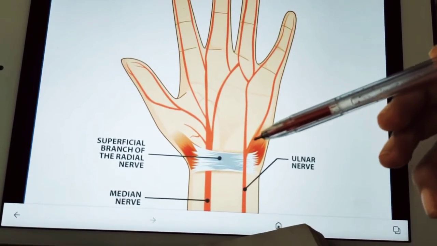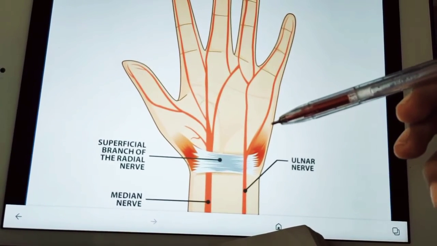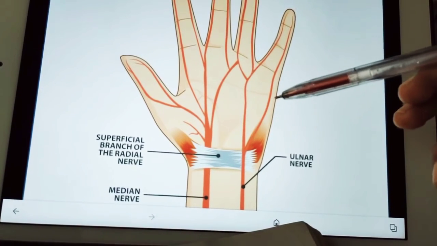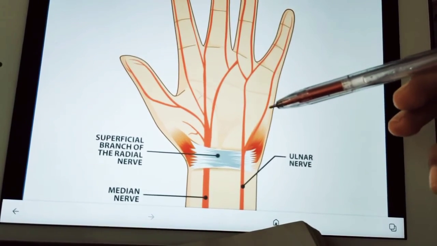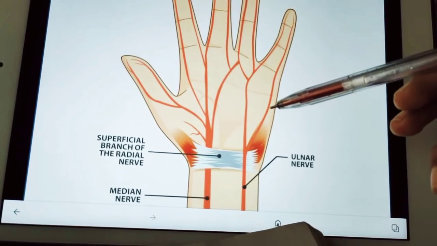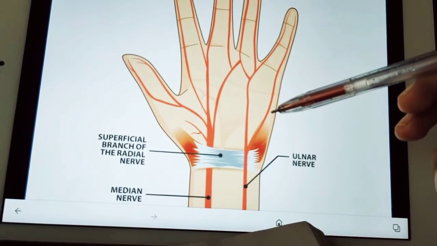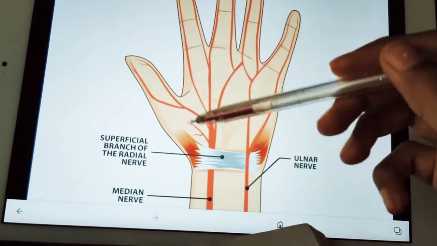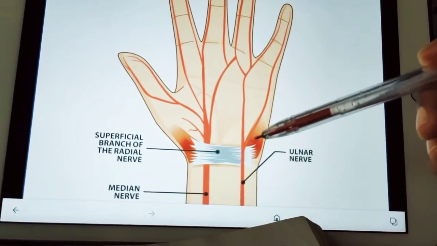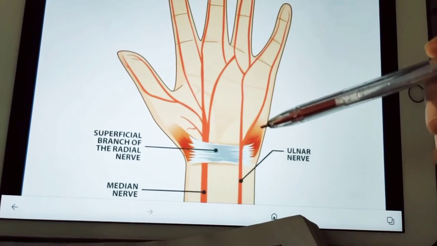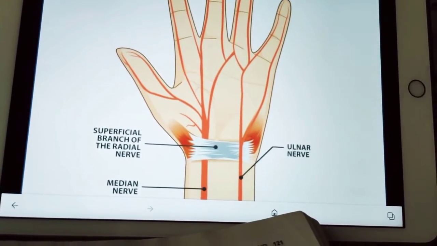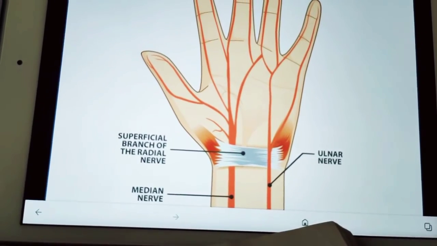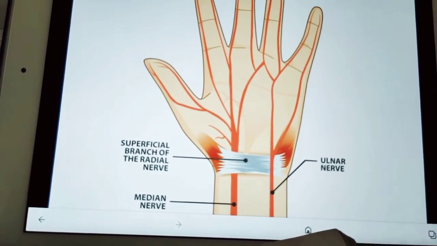So why is this deep branch in the hypothenar eminence? Because it wants to lie in the concavity of the deep palmar arch to end in adductor pollicis, and later it ends in the adductor pollicis. If you remember, adductor pollicis is the muscle of your thenar eminence, right? Remember that the nerve is in the hypothenar eminence, but it will end in the adductor pollicis muscle. That is the thing which you need to remember.